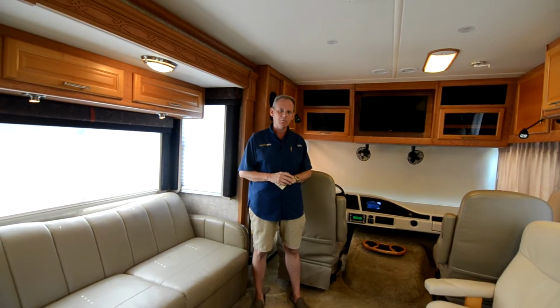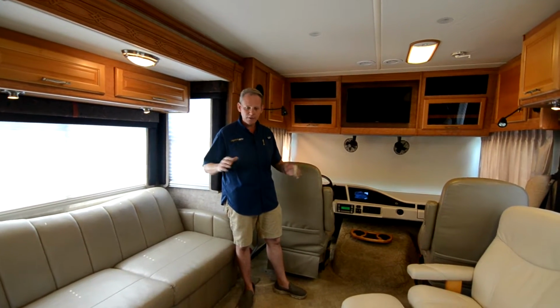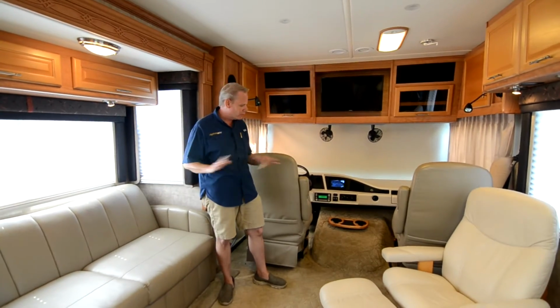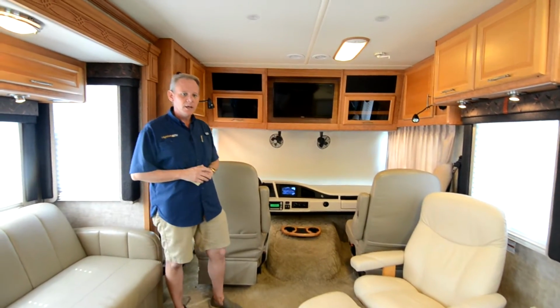I'm going to point out some of the features that this coach has, and also as we go through I'm going to point out the condition that it's in. Like I said, this is in wonderful condition. The outside is beautiful. The inside's very nice, got some really nice high-end touches, and I'm just going to point out the high points,